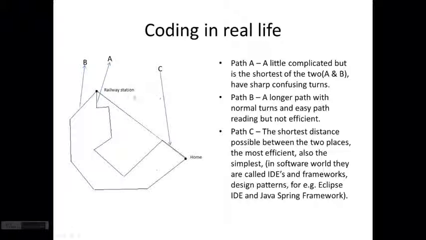Can you tell me a very simple way? I don't care whether it is long or short, but I want a simple way. So I tell him another path from the railway station. It's a little longer, it's a highway. You have to travel straight on the highway. There are four traffic lights: one, two, three, four, and you can reach home. This is a simpler way, and you just have to take a small turn so he can reach my home. So he reaches here, and then my home. He says it's easier for him.